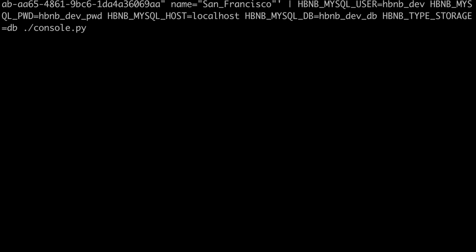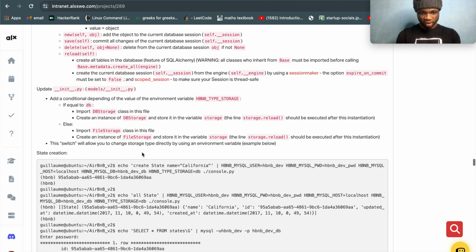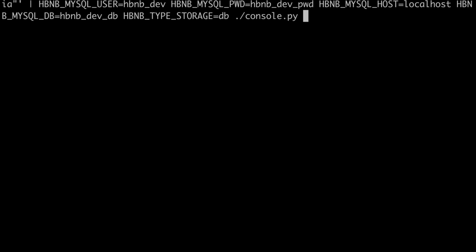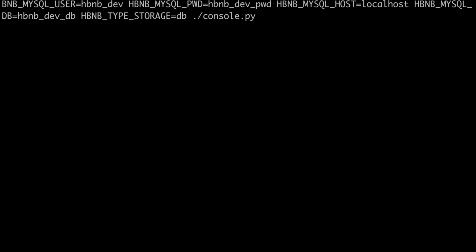Let me change this city. Okay, let me create a state instead of creating a city. So I just copy the command. It's very lengthy, that's why I don't want to type. Control A. So let me change this California to maybe New Jersey,